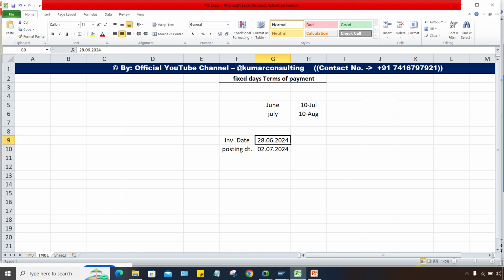If it is going to consider the invoice date, then the invoice will be due on 10th July only. But if the baseline date is considered as the posting date, in that case it is